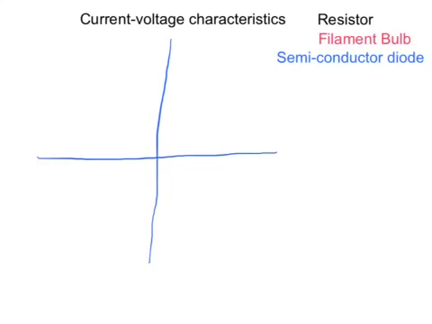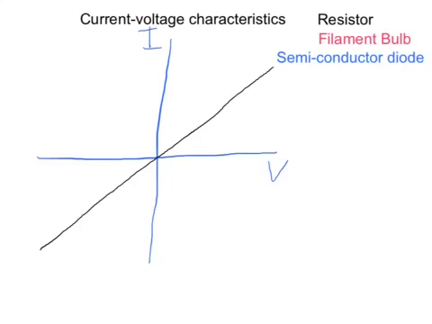Now generally we've been plotting the current on the y-axis and the voltage on the x-axis. You could do it the other way around, but generally in the AQA exam this is how the graphs will be represented. What we found was the graph was shaped like this. So it was a straight line graph,